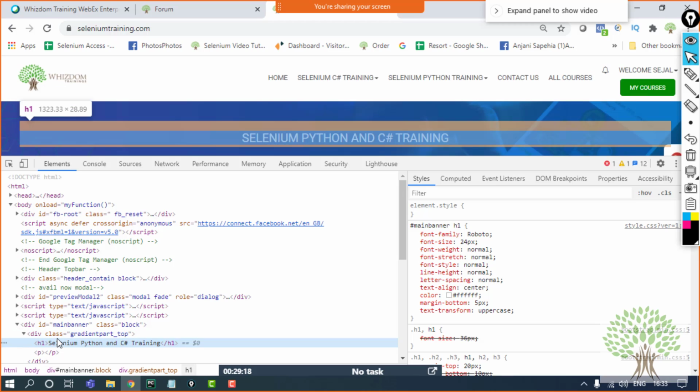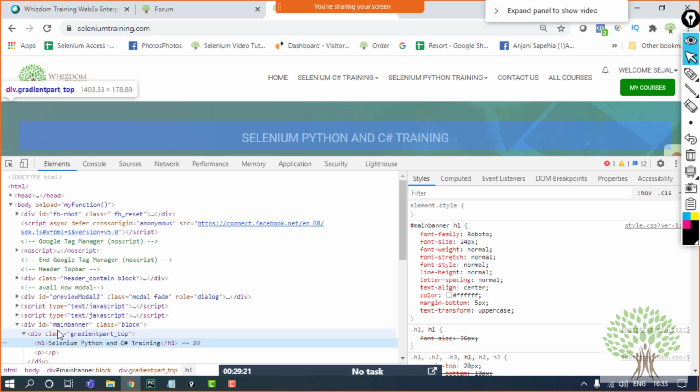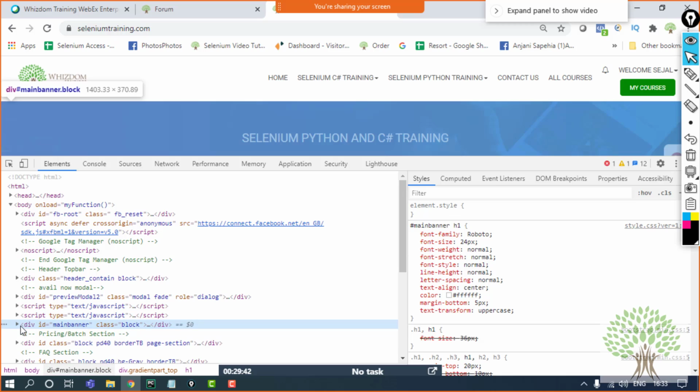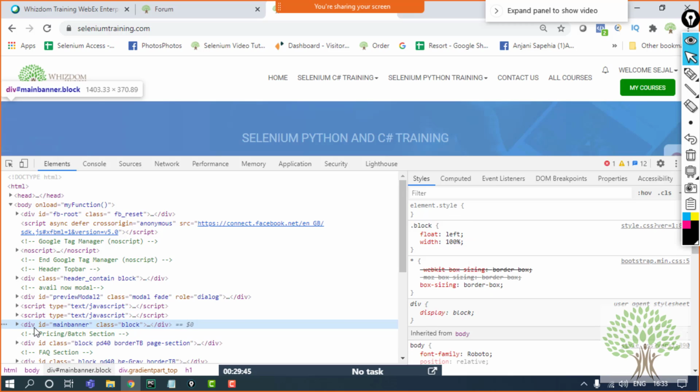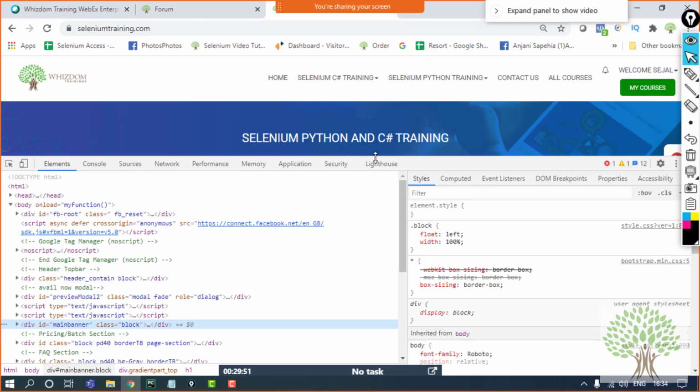Now in the upper tag there is a division tag which has an optional attribute class. We have already discussed that class is such an attribute which is not used for unique element extraction. It is for multiple element extraction because of the property of the class, right? So we'll move further to the upper tag, then the div tag. Now this division tag has an optional attribute, that is the ID. So I can use this particular tag to make the XPath for this particular element. So partial XPaths or relative XPaths are made by using a tag name which has the optional attribute ID.